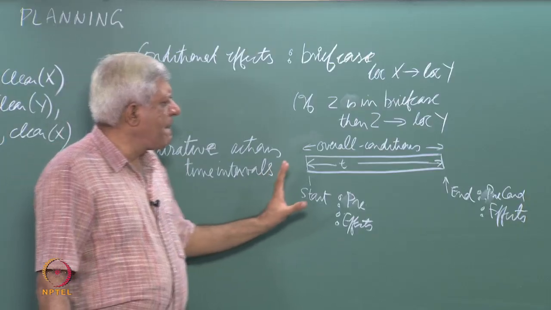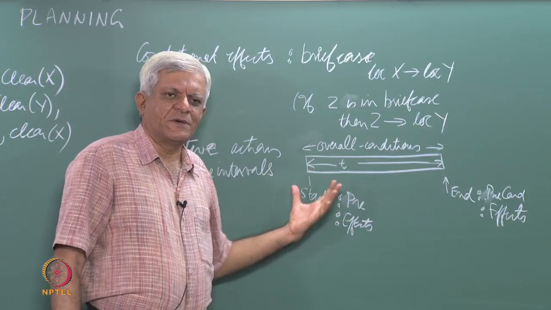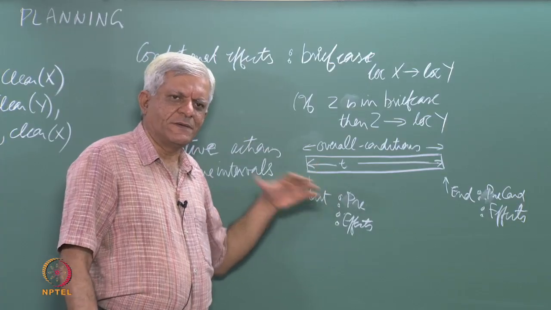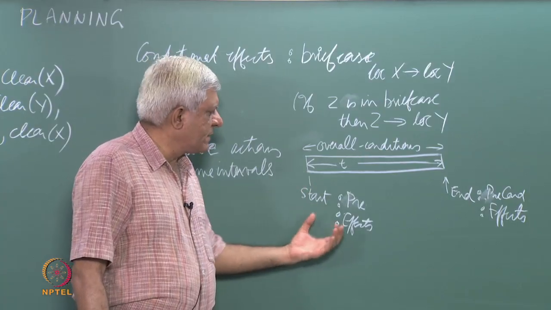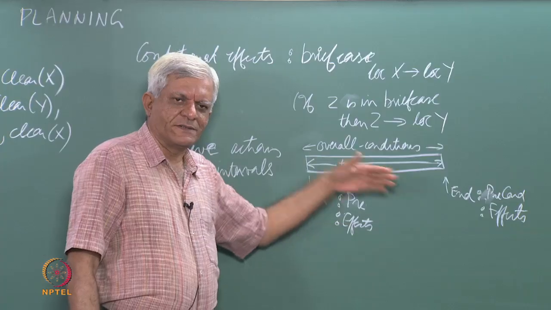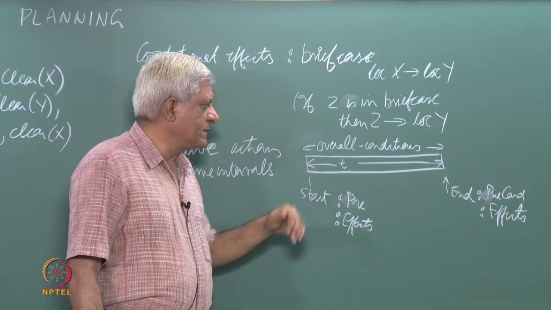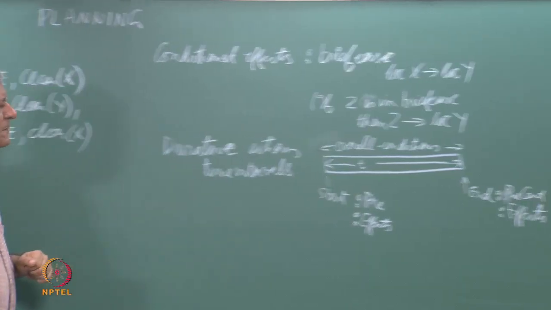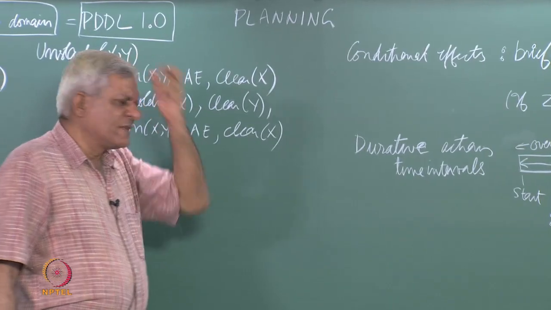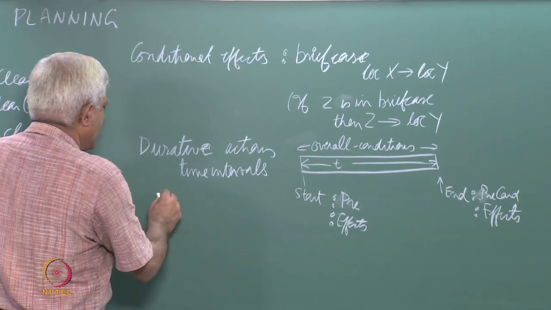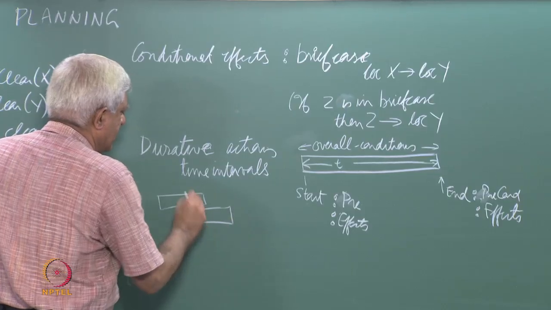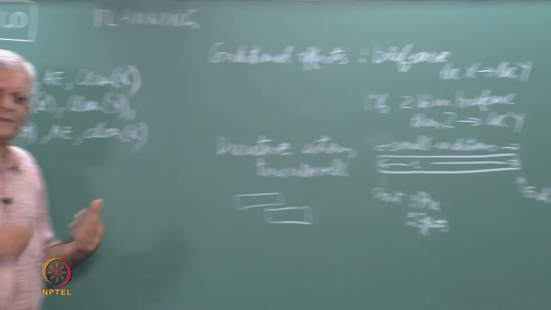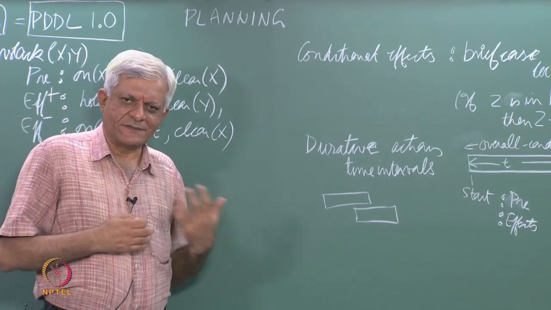Now, as you can imagine, once you start talking about durative actions, then things become much more complicated. You have to talk about start effects, start conditions, end effects, end conditions, overall effects, overall conditions and so on and so forth. So, reasoning becomes much more complicated and you can imagine that one action may be like this, another action may happen like this,